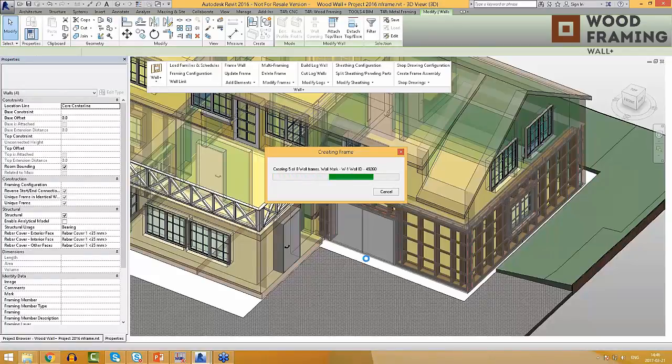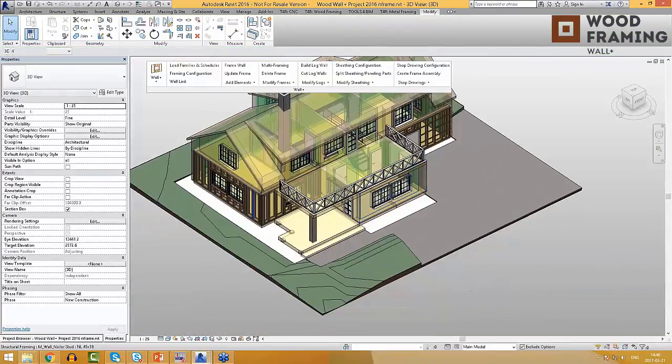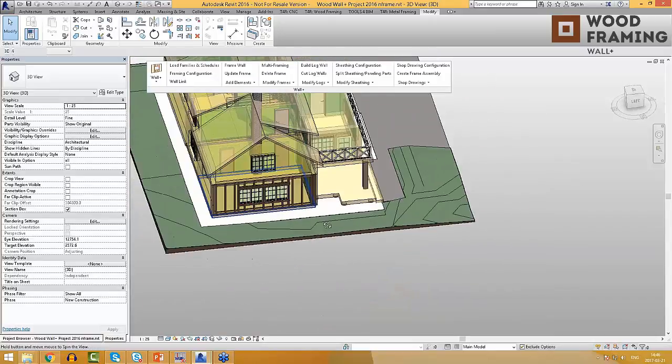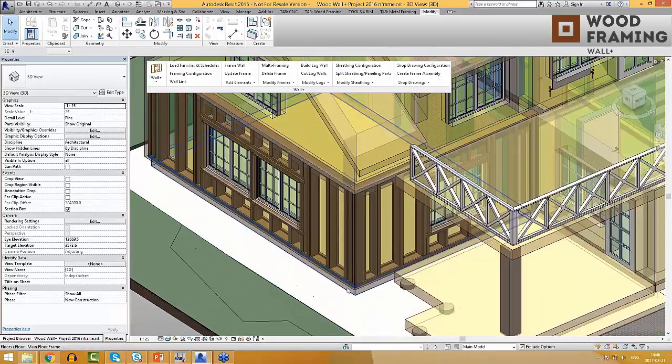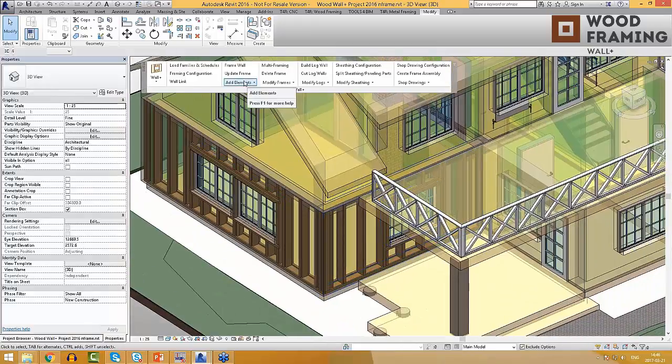Okay, and when the nailers are added, I can already see that they are added on these 2 walls. I will go ahead and split the sheeting in this wall, and I will also add the siding. Okay, I can see that it's created. Yes, and now I can